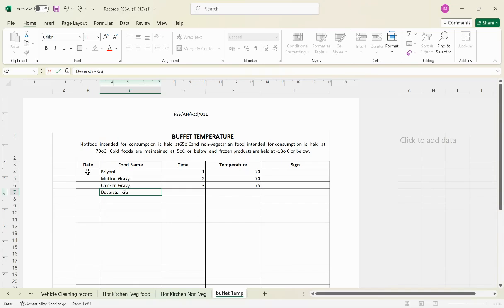So for desserts like gulab jamun, it is 2 degrees centigrade, 0 to 4, and time will be 2 p.m. or accordingly. So frozen ice cream will be there. Temperature will be